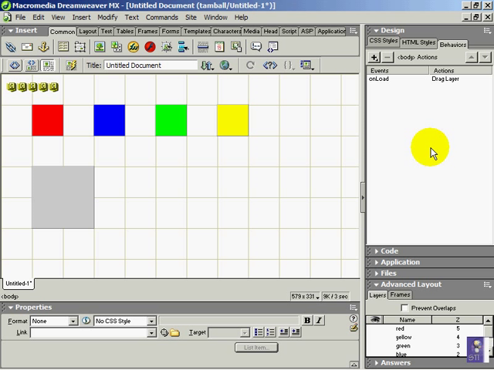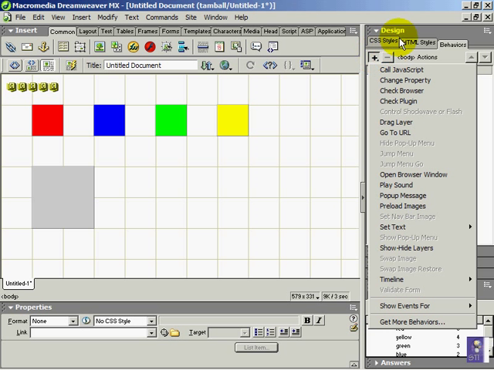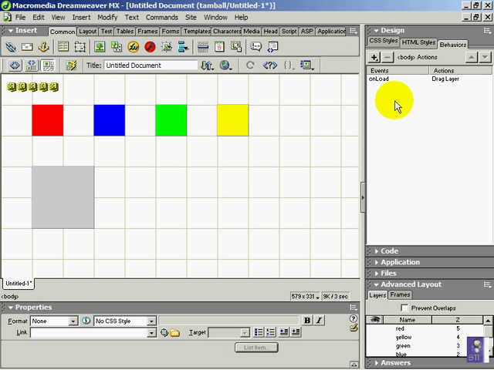Now you'll have to have 4.0 or later browsers, and Netscape can't recognize layer div tag events. What you need to have is Internet Explorer 4.0 selected in this events in order to use the drag layer behavior. So this is kind of an advanced behavior. You'll need to have a sort of a new browser to use it. So this does it for advanced behaviors, and in the last section of this chapter I'll show you how to use